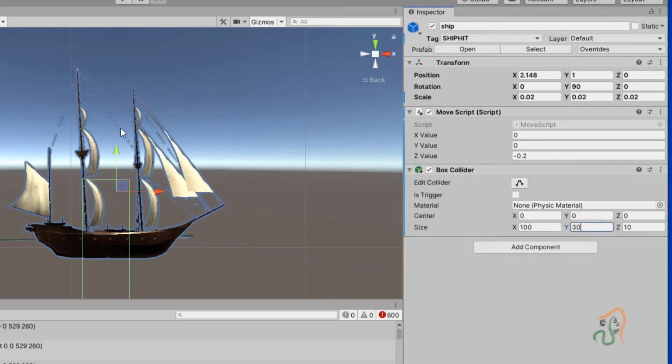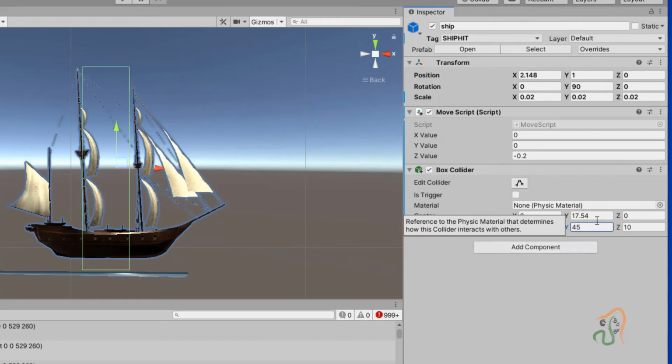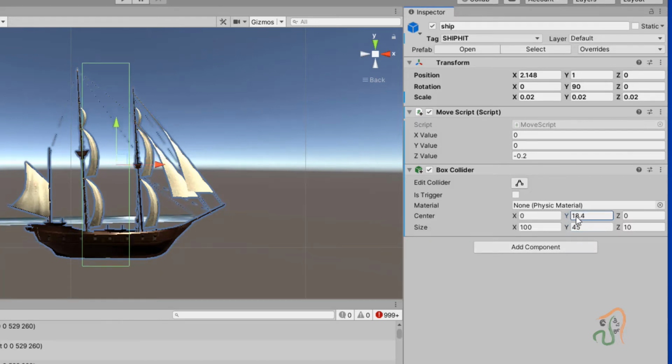Then in position, along the Y axis let us move this. Let us set the Y value to around 40, and then move along the Y value, so that this box just covers that ship. Let us make this 45 along the Y value.